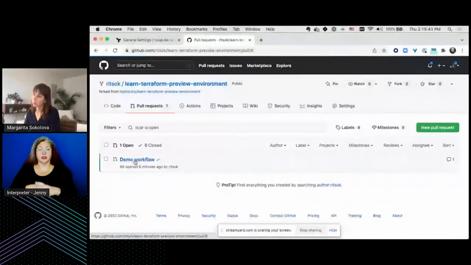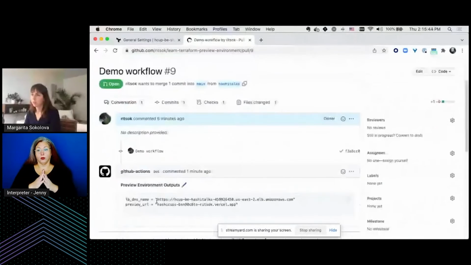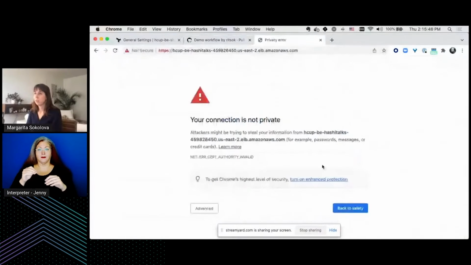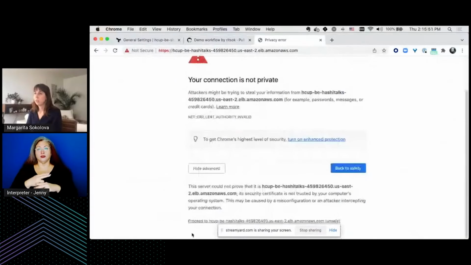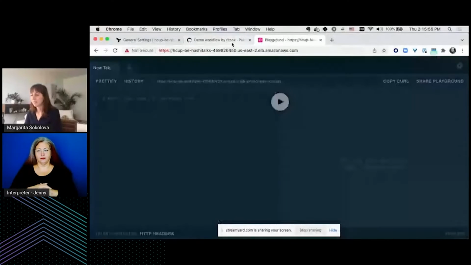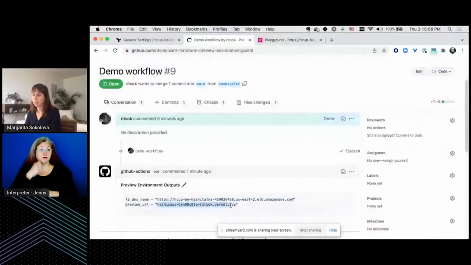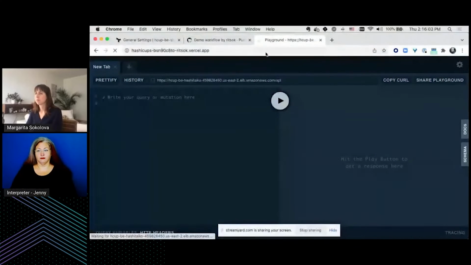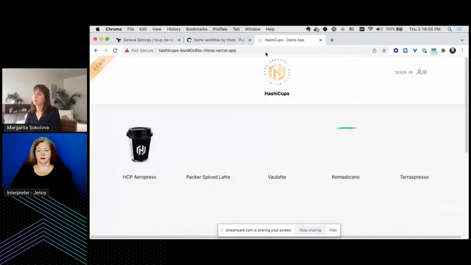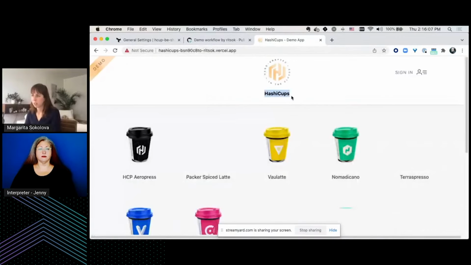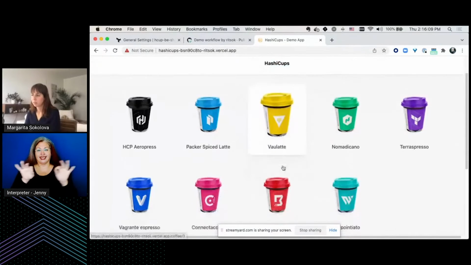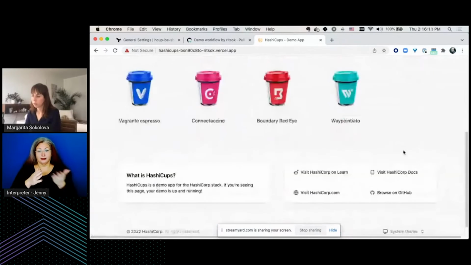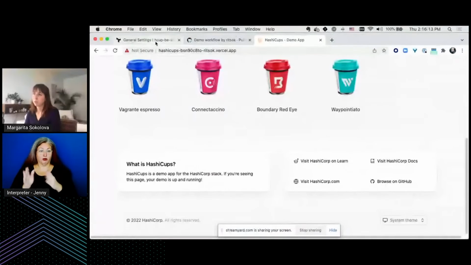So if I go to my pull request, I have the comment with my load balancer and a preview URL. Since I'm using a self-signed cert, I have to accept it in order for this to work. Cool. And then I can check out my change. And as expected, this is the bit of text that I added in my pull request, and everything looks in order. Now on the Terraform Cloud side,